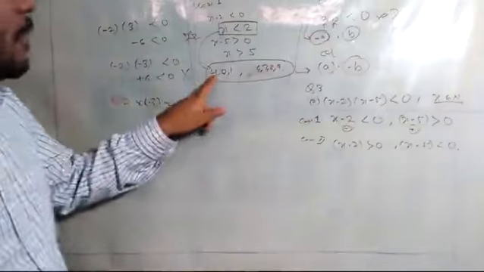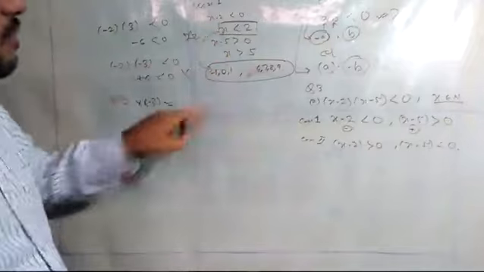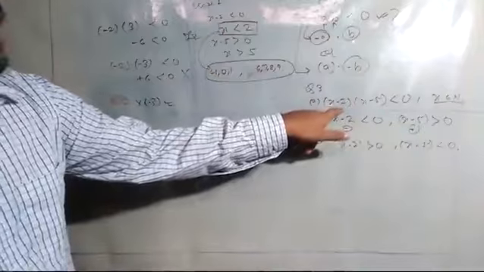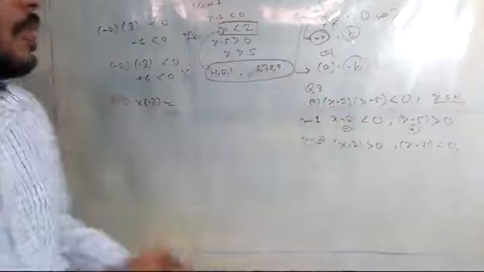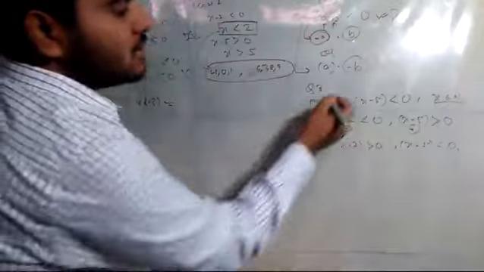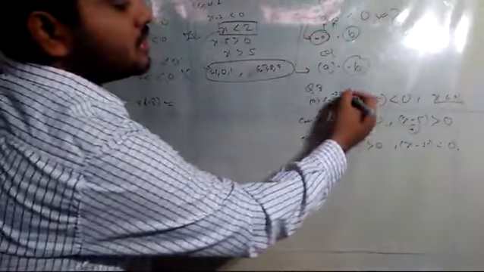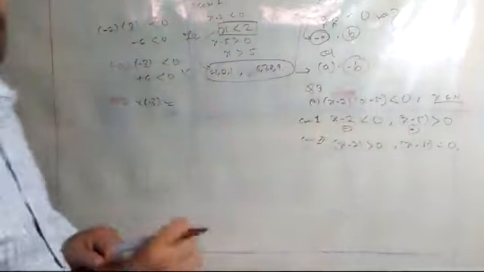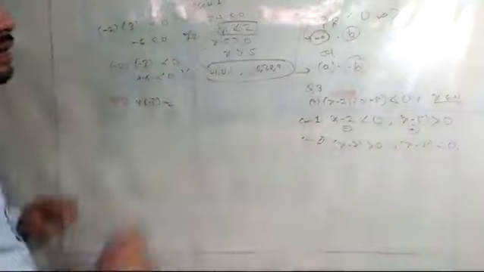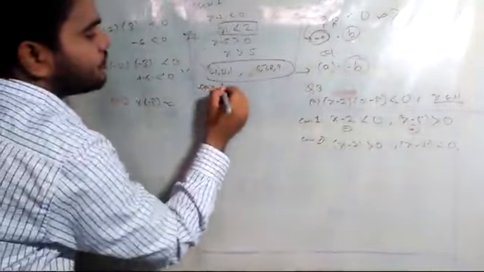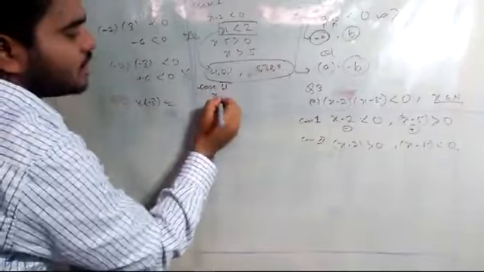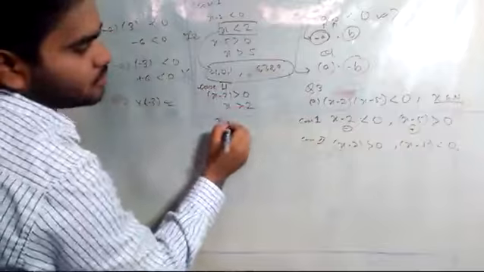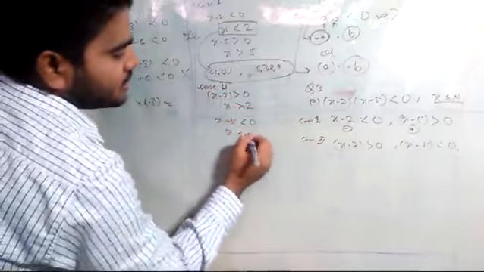Try to understand. If I put x equal to minus 1 here, will I be able to put x equal to minus 1 everywhere? For example, minus 1 minus 2, that is minus 3, and then here minus 1 into minus 2, minus 3, and here minus 6. This is a positive number. A positive number will never be less than 0. That is why this case 1 is invalid. Now come to case number 2. Case number 2 says x minus 2 is greater than 0, x greater than 2, and x minus 5 less than 0, x less than 5.